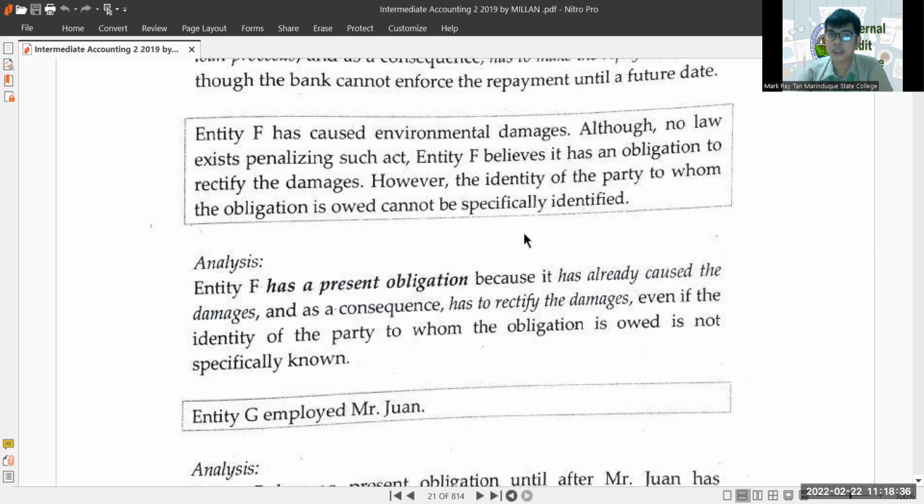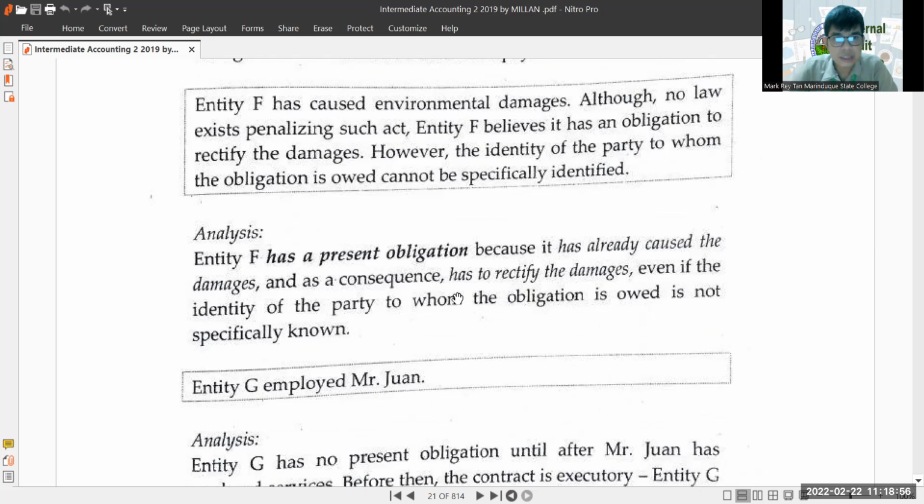Yun. So yun ang sinasabi natin dun sa example natin kanina, na it's not necessary that the identity of the party is known when it comes to obligation. Ayan. So, nandun yung class sa page 2. Ayan, sige, balikan nyo na lang. Okay, last, entity G